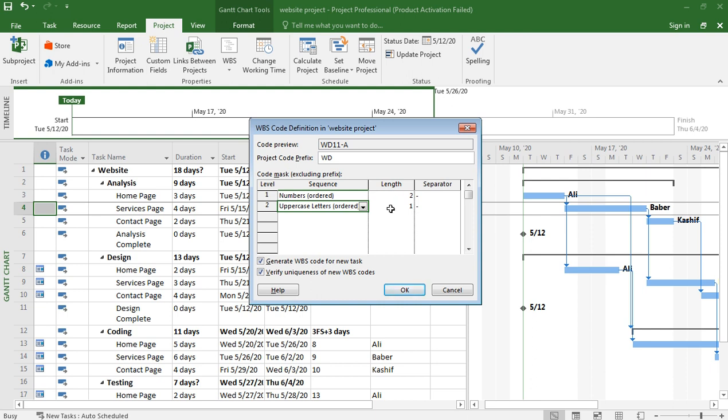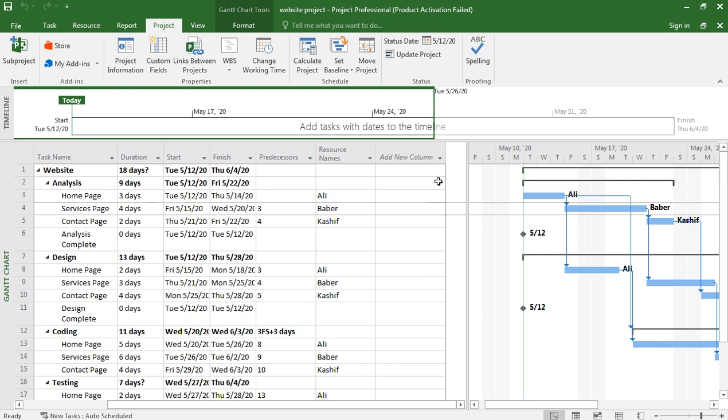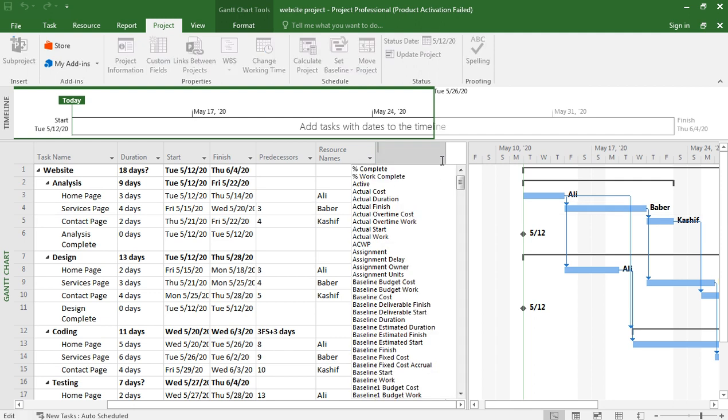This is the format of WBS. Now an uppercase letter, one uppercase letter, and the separator is a dash. And we can use a lowercase letter, there is no need.